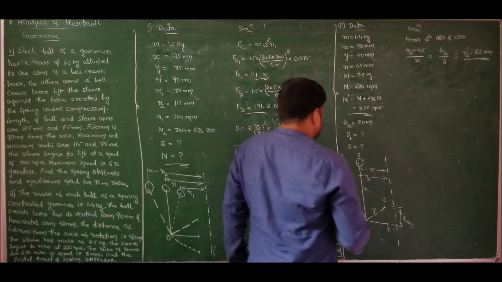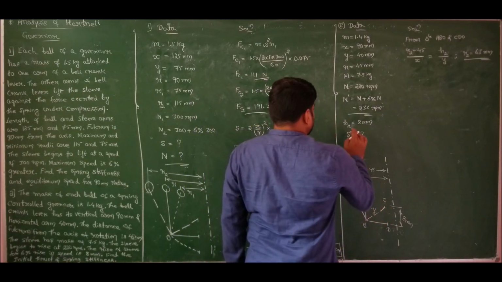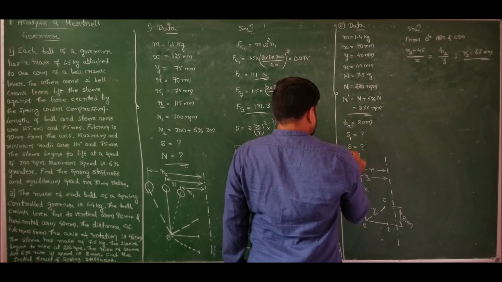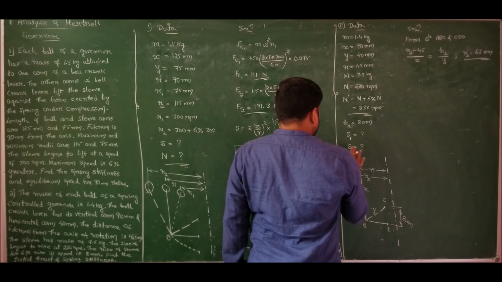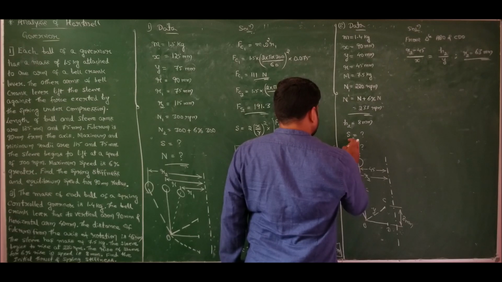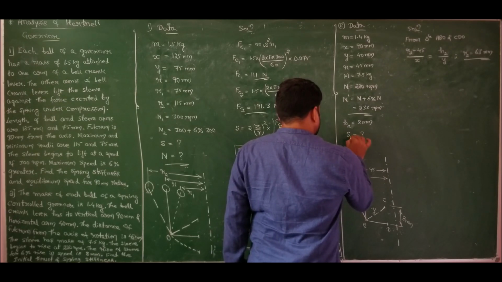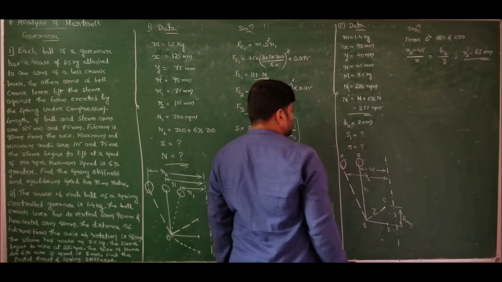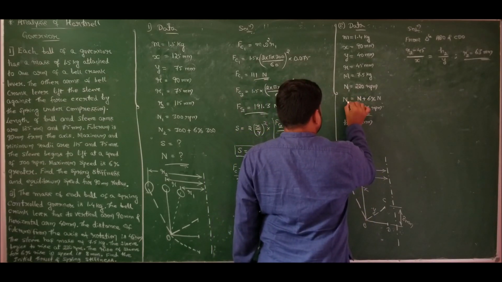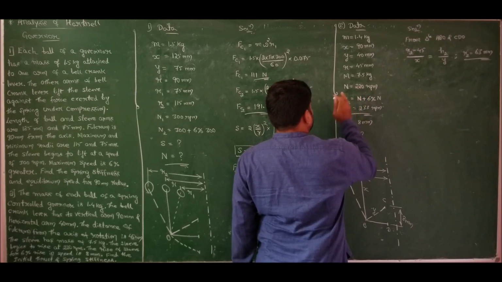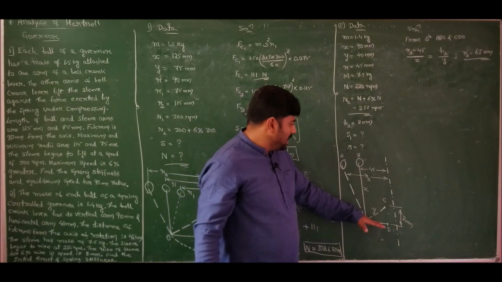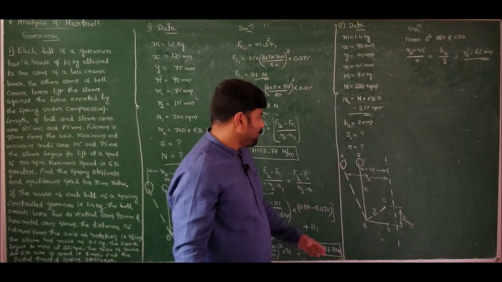So we are solving between mean position and maximum position. To avoid confusion, I want stiffness and mean position. Spring force, let me call it S1. Spring stiffness, let us call it small s. This is at maximum position N2. This is at mean position N. So this is what we are solving this problem for, mean position and maximum position.